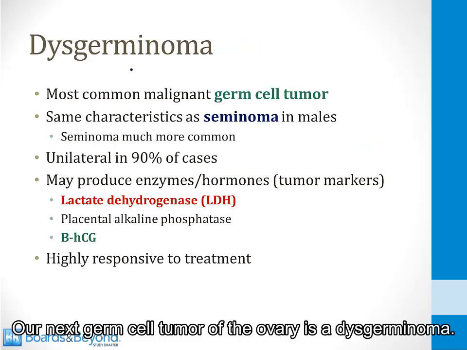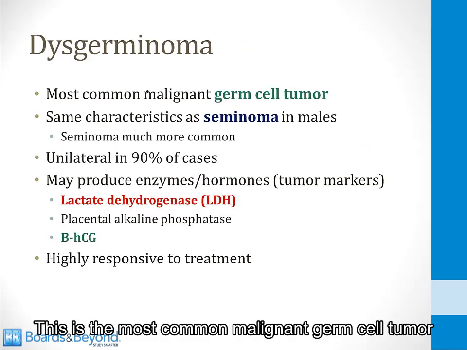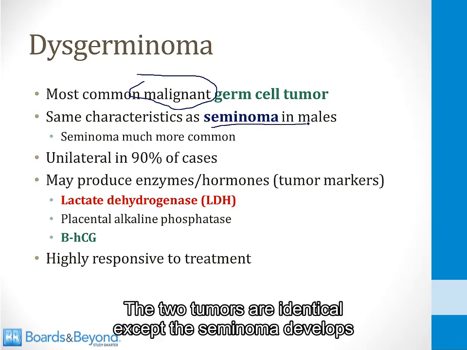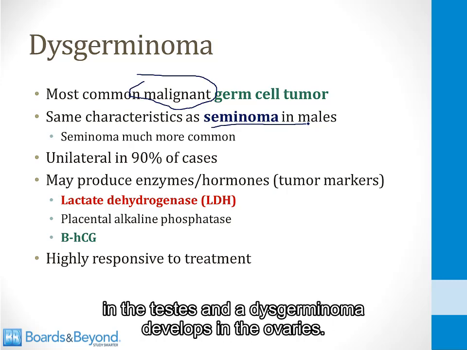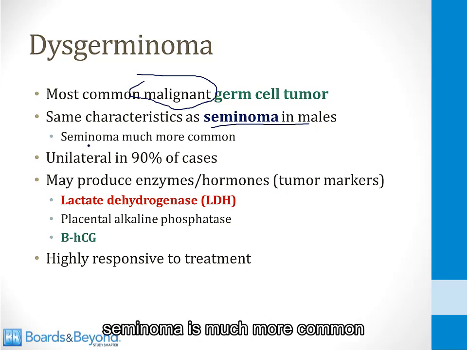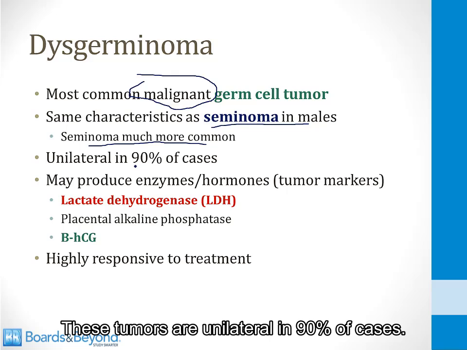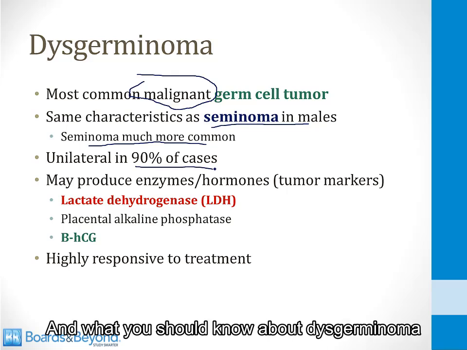Our next germ cell tumor of the ovary is a dysgerminoma. This is the most common malignant germ cell tumor of the ovary, and it has the same characteristics as a seminoma in males. The two tumors are identical, except a seminoma develops in the testes and a dysgerminoma develops in the ovaries. Also, as we'll talk about in another video, seminoma is much more common in the testes compared with dysgerminoma in the ovaries. These tumors are unilateral in 90% of cases,